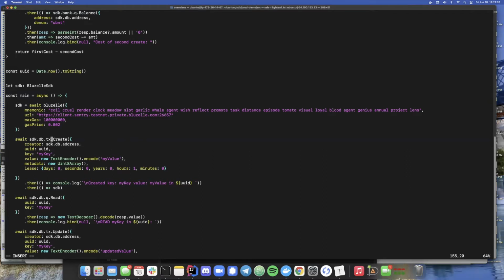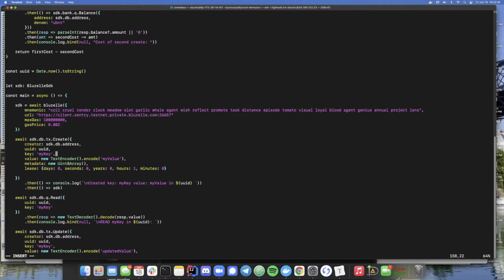Now, in this case, since I'm doing a transaction method, I am prefixing, again, TX, denoting a transaction, followed by a transaction method. Now, the documentation will provide a full list of available transaction CRUD methods. In this case, I am doing a create. Thanks to the way we built this with protobuf, each method is going to take an object, in this case, a message create request. And notice that each of these parameters are just baked into one object that we're passing